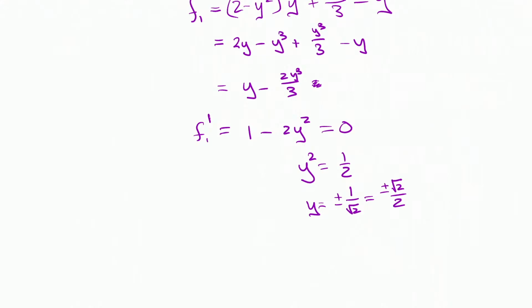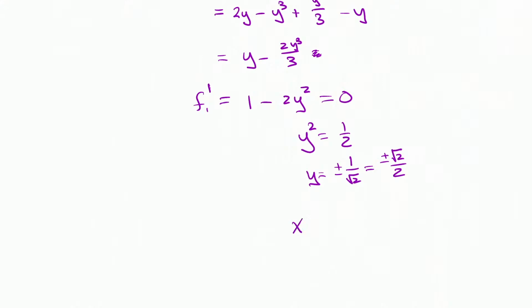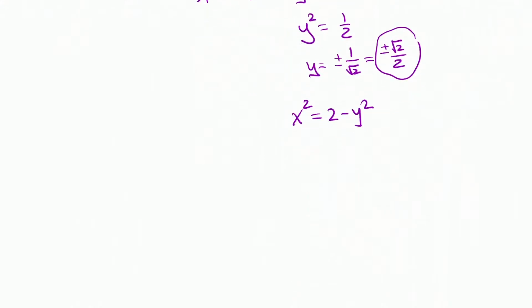Once you've got that, we can go back to our original substitution. The original substitution was this, 2 minus y squared, wasn't it? And take each one of these. There are 2 of them. Plug them in individually. So you have radical 2 over 2. When y equals radical 2 over 2, I have x squared is equal to 2 minus